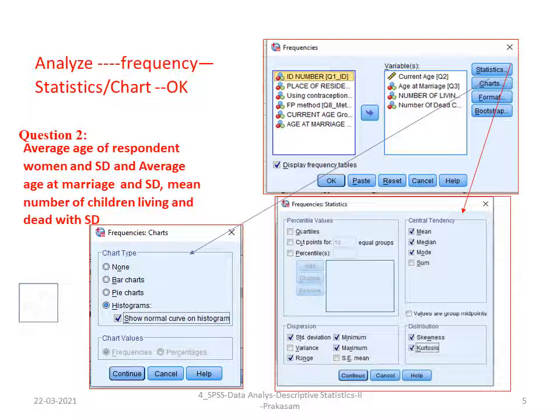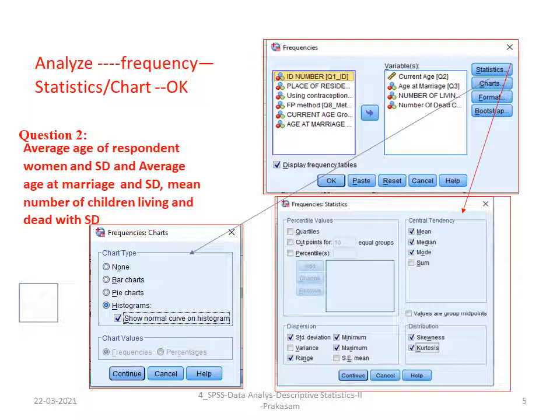Down below you will find dispersion, that is standard deviation, variance, range, minimum, maximum, standard error of the mean, skewness, and kurtosis. All these measures are given under this window. Whatever you want, you can click, then it will be tick marked. That is a check box. Tick mark, and then the output will come for that purpose.